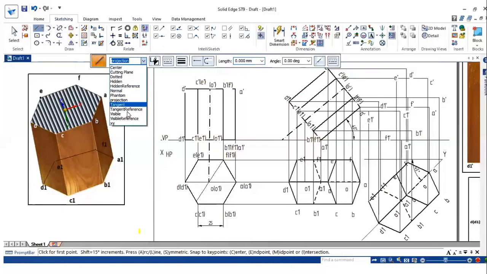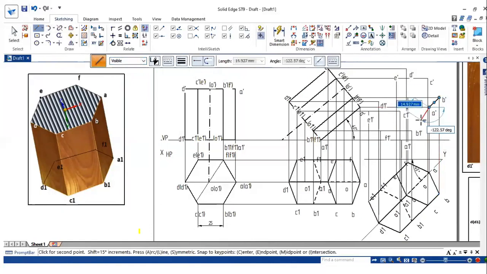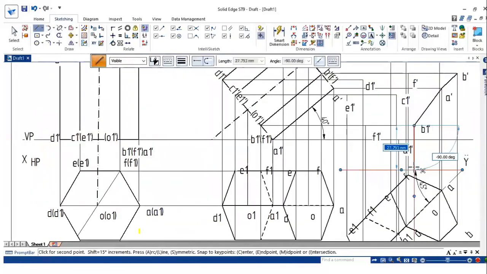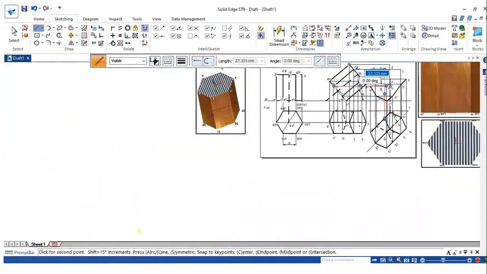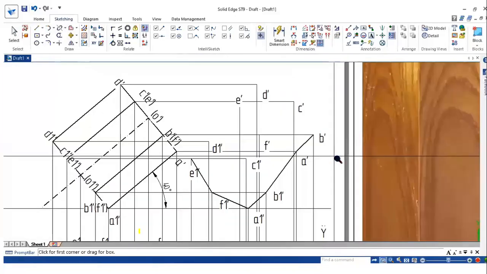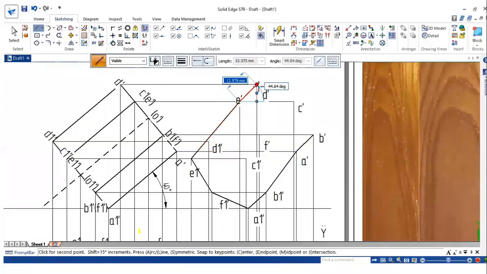So go for line option, visible line. So from B dash to A dash, A dash to B1 dash, B1 dash to B dash, A1 dash, then F1 dash, again E1 dash, then to E dash, D dash, C dash, and